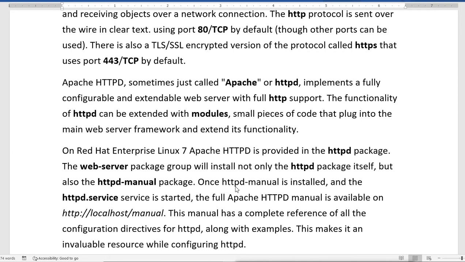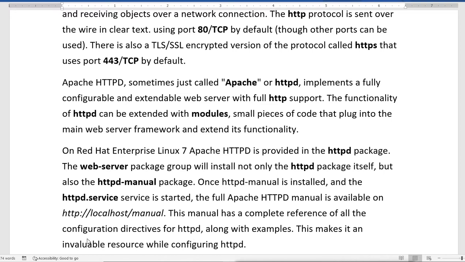Then once the HTTPD manual is installed and the HTTPD services are started, the full Apache HTTPD manual is available at the URL http://localhost/manual. This manual has a complete reference of all the configuration directives for HTTPD along with examples.